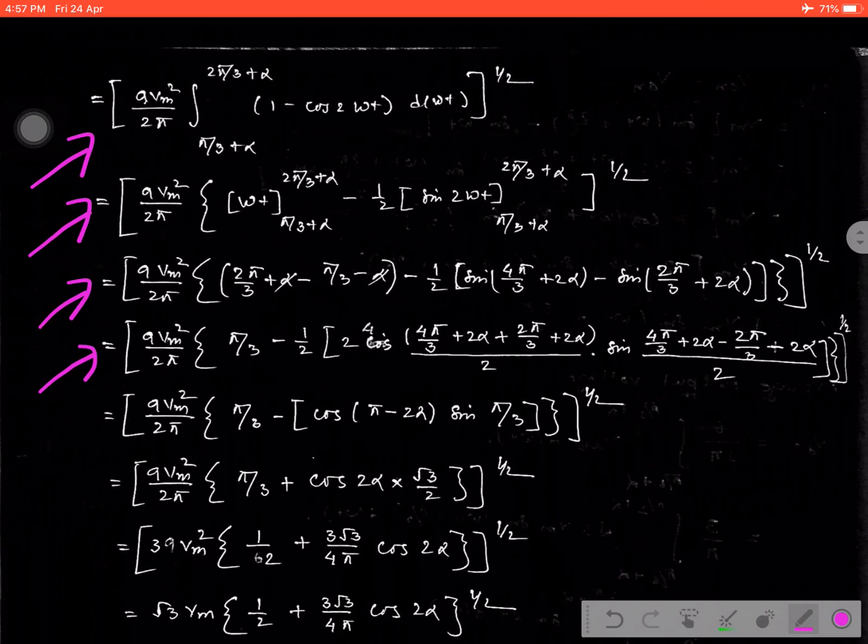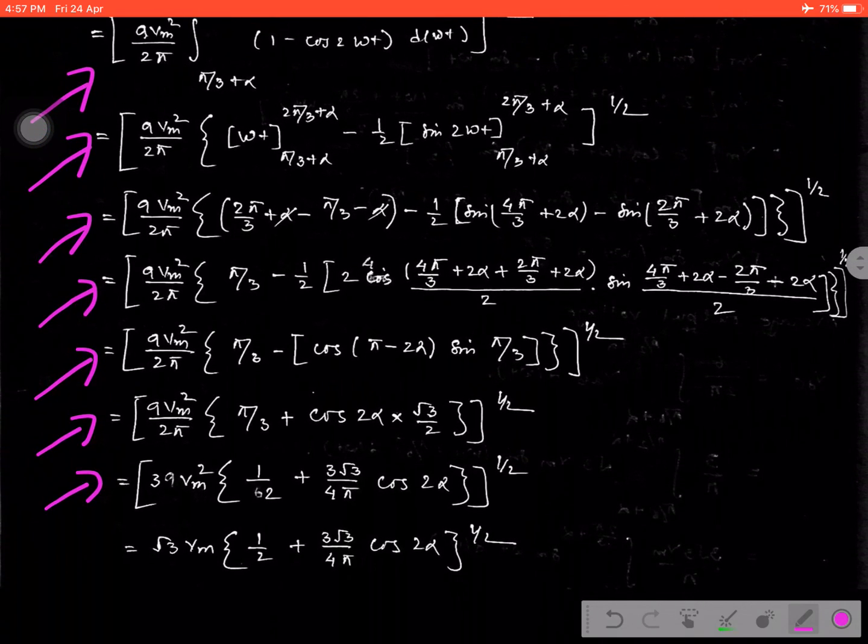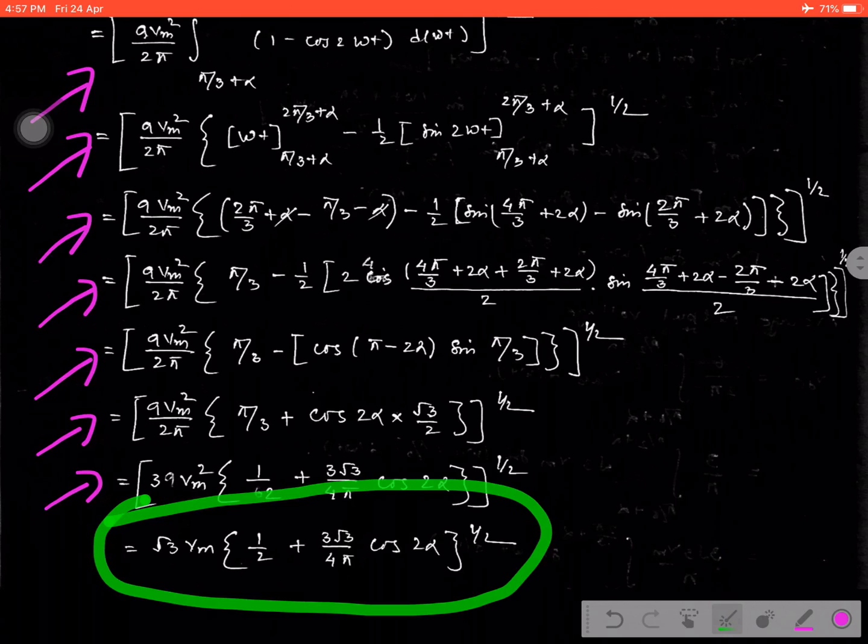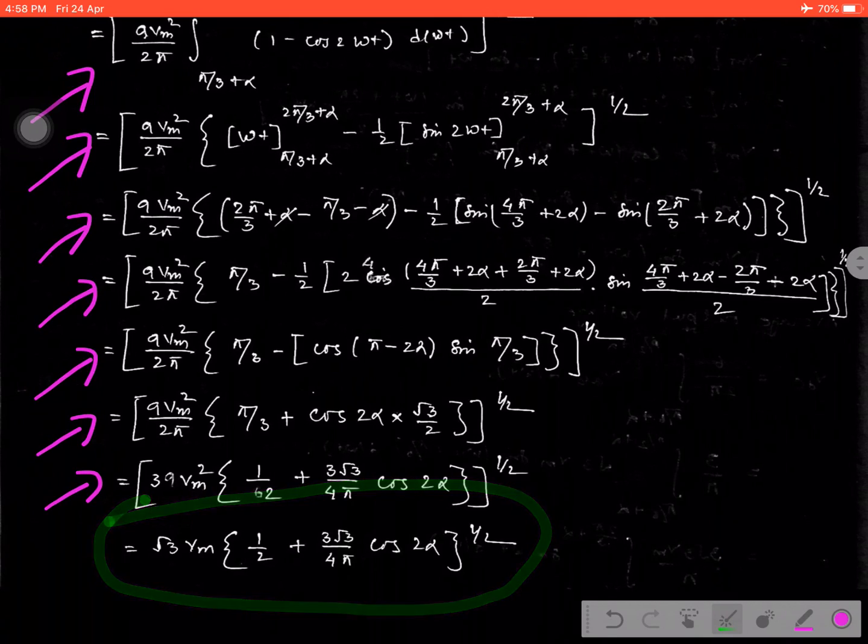Now do all the steps I have mentioned here, and further it will be given by the final equation, that is root 3 Vm times 1 by 2 plus 3 root 3 by 4 pi cos 2 alpha, all under root. So this is all about the